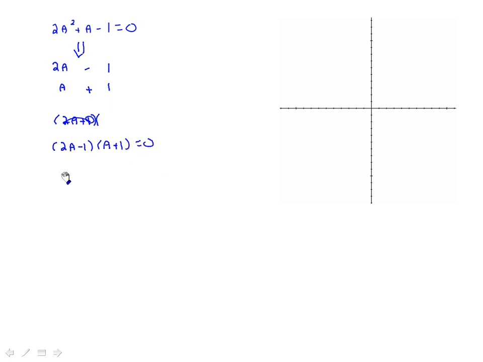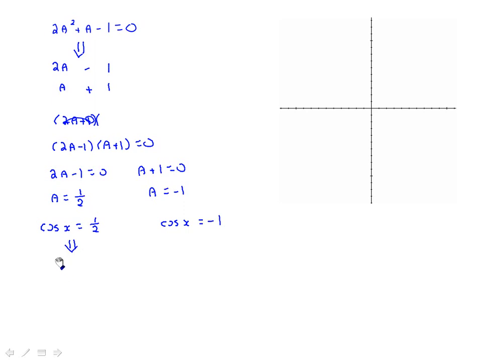This is turning into a fairly long question. So 2a minus 1 is equal to 0. A plus 1 is equal to 0. So a is equal to negative 1. A is equal to 1/2. I'll go directly to the answer. So the question is now, cos x is equal to 1/2. Cos x is equal to negative 1. And cos x equal to 1/2